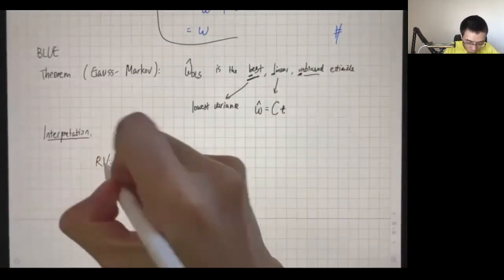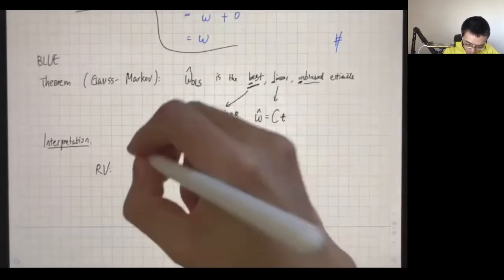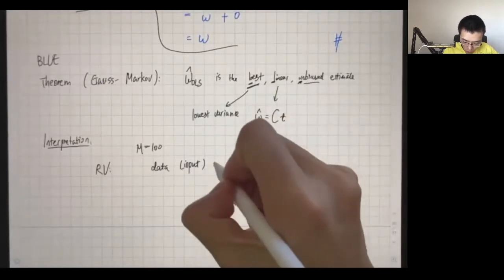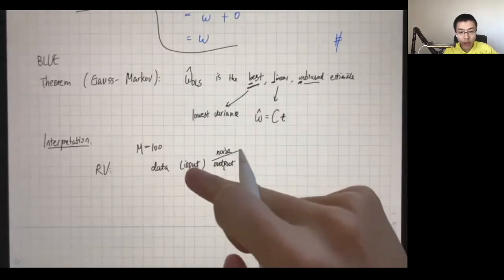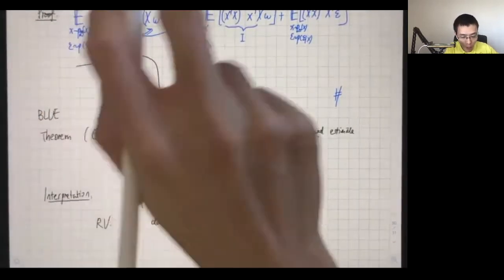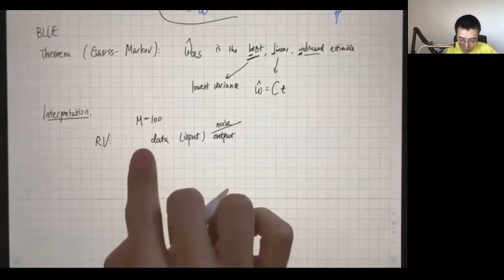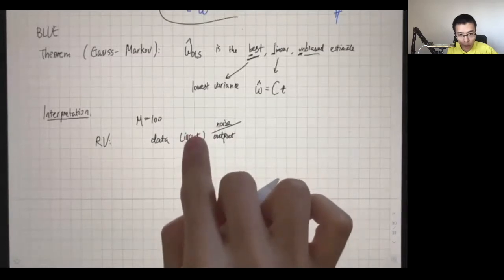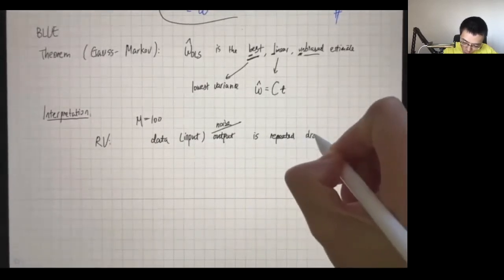So the random variable is data, including input, but more important, its output, or the noise, right? The output is subject to some linear transformation of input plus some noise. So you can have the expectation over input as well if you have a distribution of x. If you don't have that, you just fix the input. If you have the noise, it's the same. So the random variable is my data, which is either the input, where input is optional, but the output is repeatedly drawn from